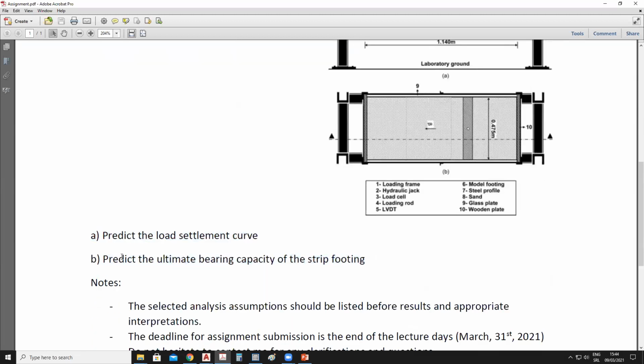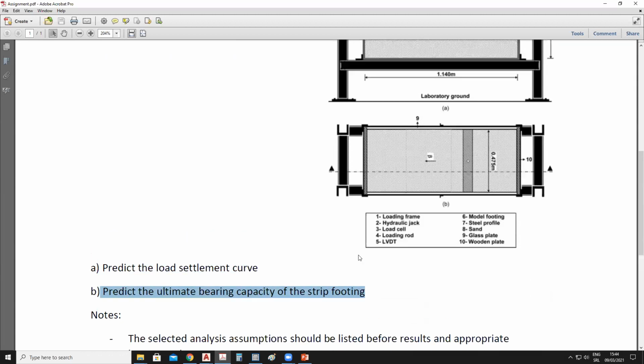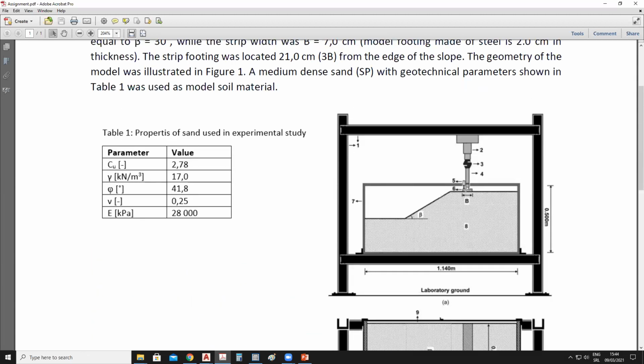In part B, you'll have to predict the ultimate bearing capacity of this strip footing. So what's the ultimate load that can be applied here before the failure occurs? Probably the failure will occur such that the sliding comes up to this slope. So it's not the same ultimate bearing capacity as you would have on a flat area. Since this is a slope, the ultimate bearing capacity is reduced in comparison to flat ground. So you will have to take account of this slope and predict the ultimate bearing capacity in kilopascals